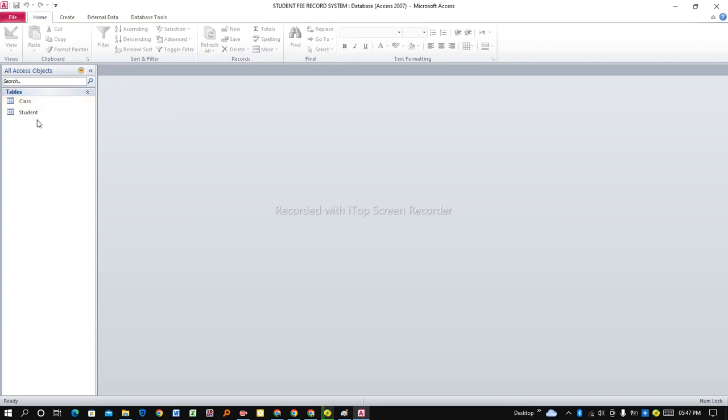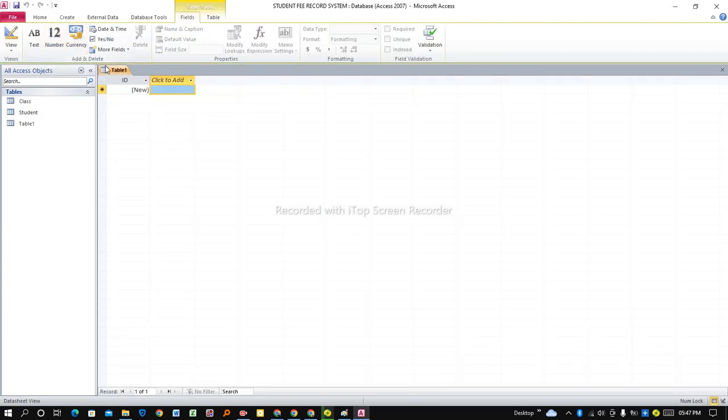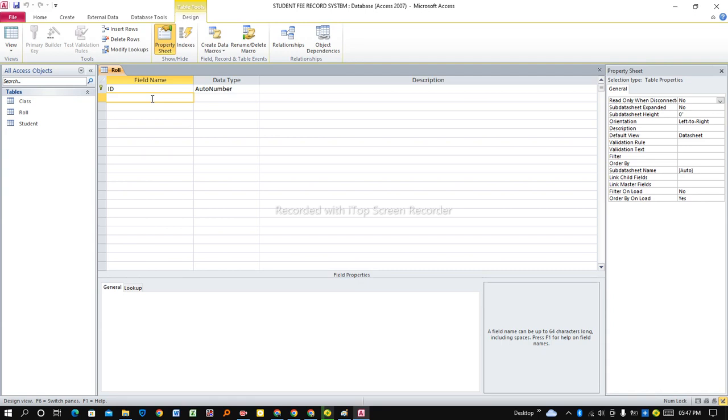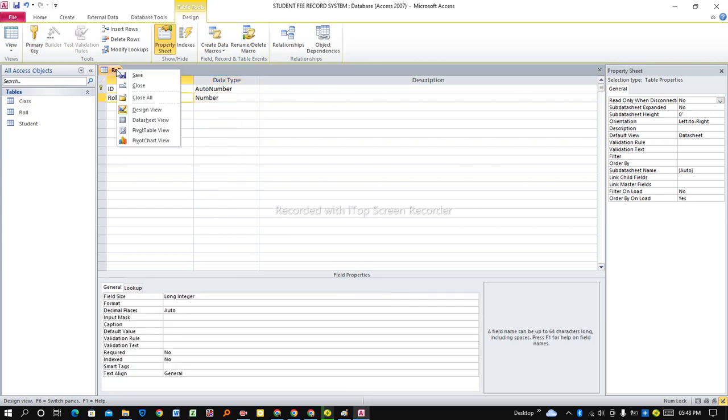Then the third table, repeat the same procedure. Open table, we save it as roll number, or you can just write it as roll, then click OK. Then we open the design view of our table to give it a field name. The field name will be roll. The data type for roll number will be number, not text. Then you save your work